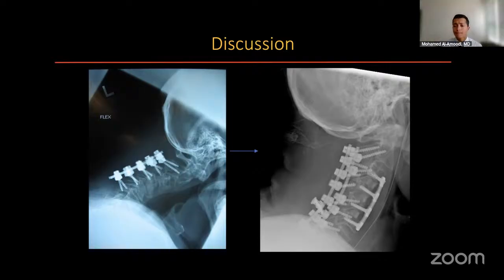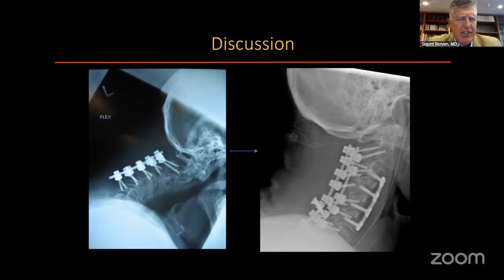Maybe I'll start the discussion here. Mohammed, thanks for presenting that case. I think that some of the thoughts that we've gone through here in terms of why do laminoplasties fail, why do anterior cervical cases perhaps fail with kyphosis, and why does a posterior cervical case fail with kyphosis, is I think understanding the cranial center of mass has got to be part of this. We've been focused on C2 to C7, C2 to T1. But I think understanding where the cranial center of mass, the CCM, is, and this is an interesting one because oftentimes